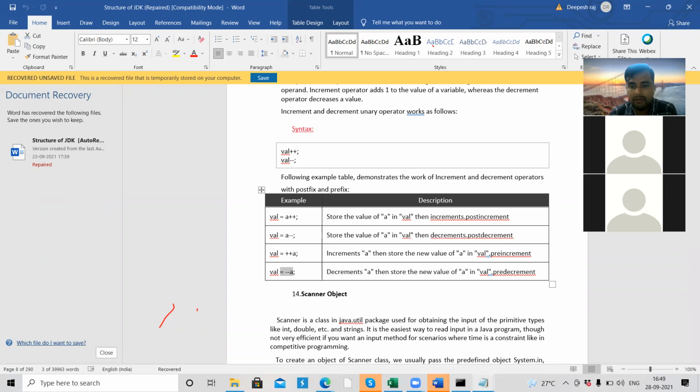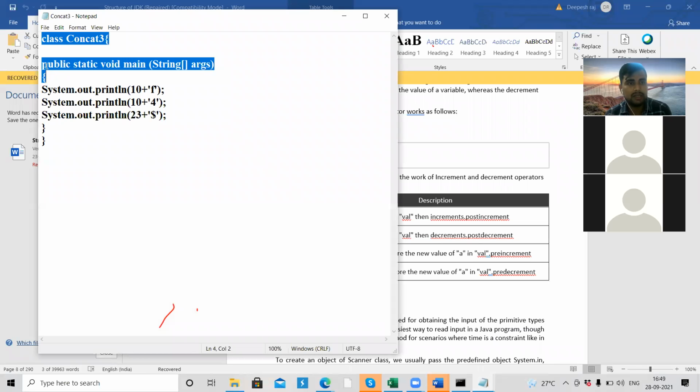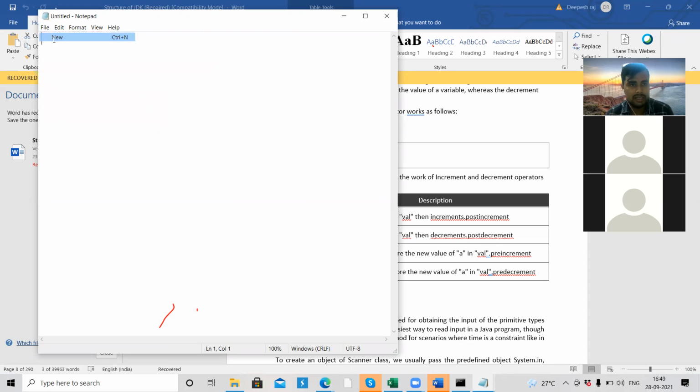I'm going to explain with a simple example what is the use of this unary operator. I'm going to take the same syntax, the main method, and name the class unary one. Here I'm taking a variable int a which equals 1.